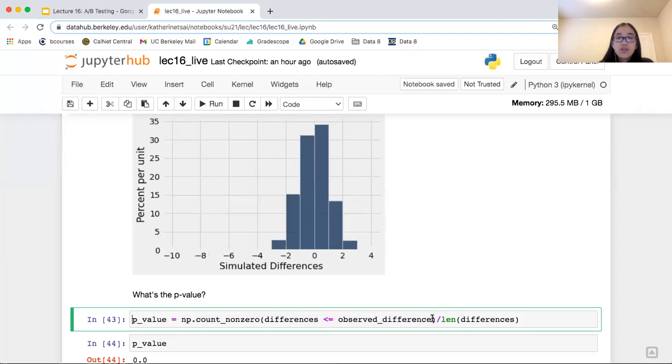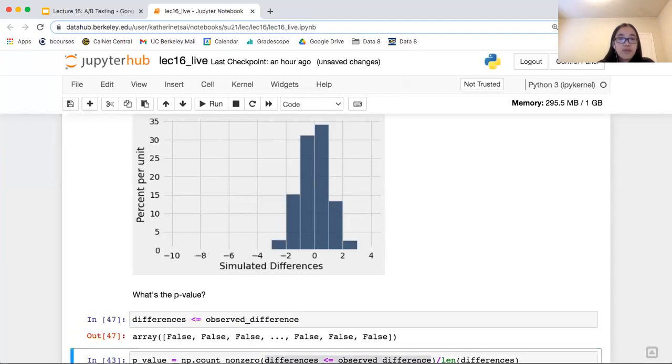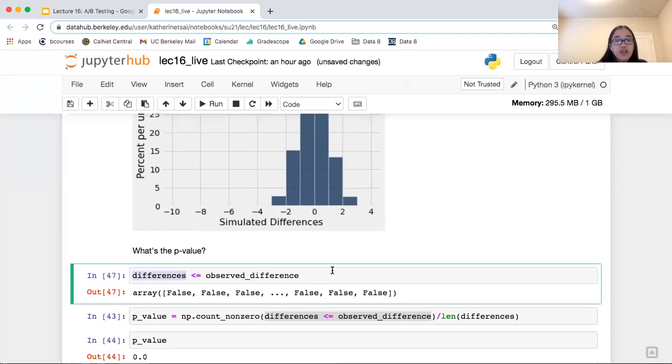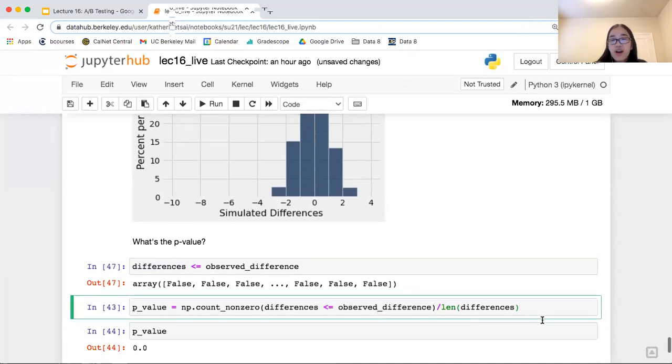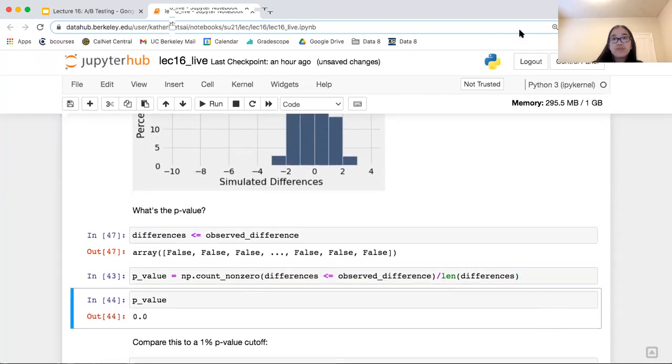So we did our numerator, so that's taking the differences. This first part tells you if all of those differences were less than or equal to our observed difference. So most of these values are false. And then we're counting all of that up, and then we're dividing by the length of our array, which is 2,500, and we get a p-value of 0.